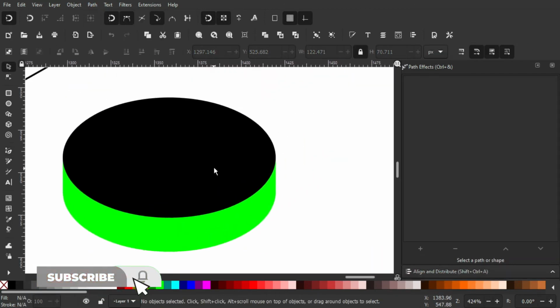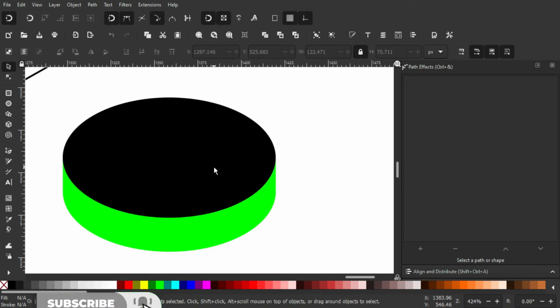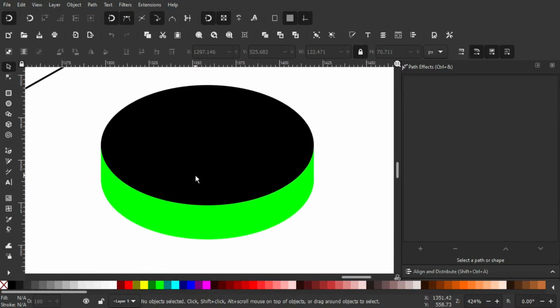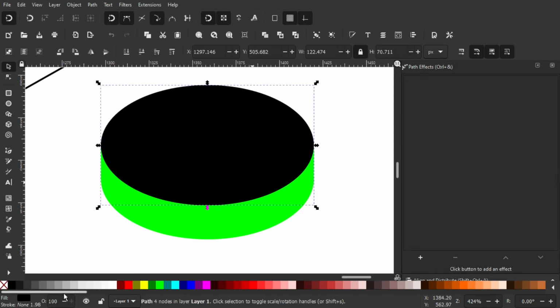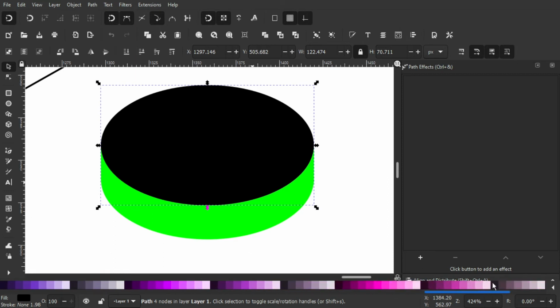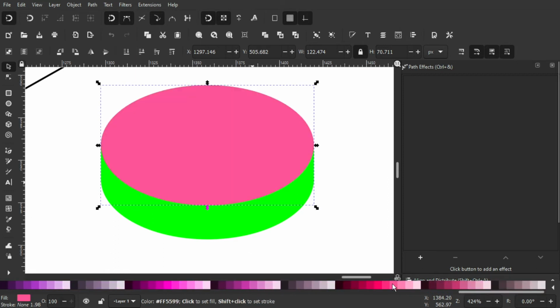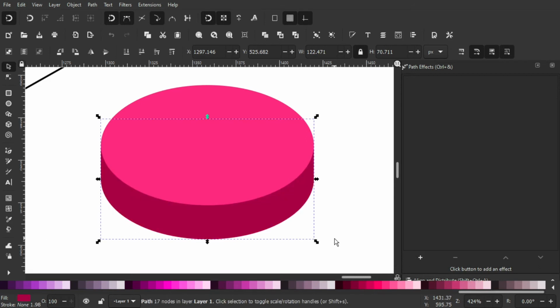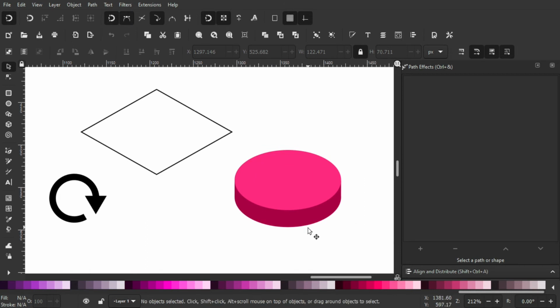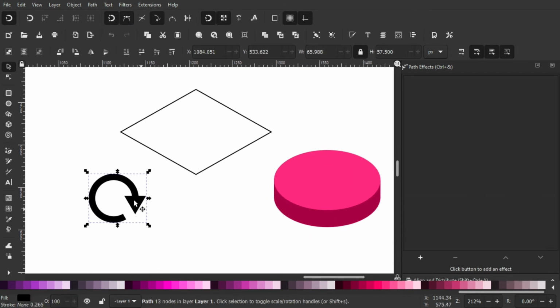So we have these two green objects over here that we want to work with. So let's change the color into something like a pinkish color. So let's select this black oval over here and just give it this pinkish color, and the bottom one is just darker like that. So we have this podium over here that we can work with, and with this replay icon we can just morph it into this object.